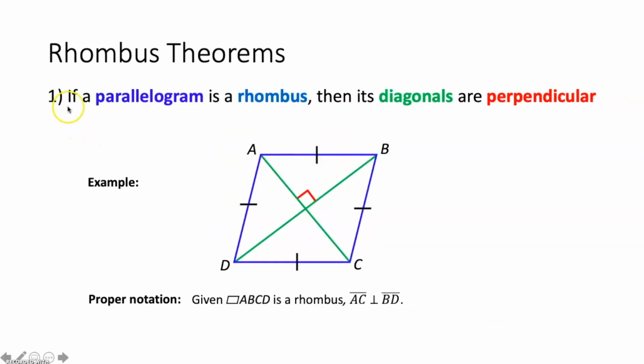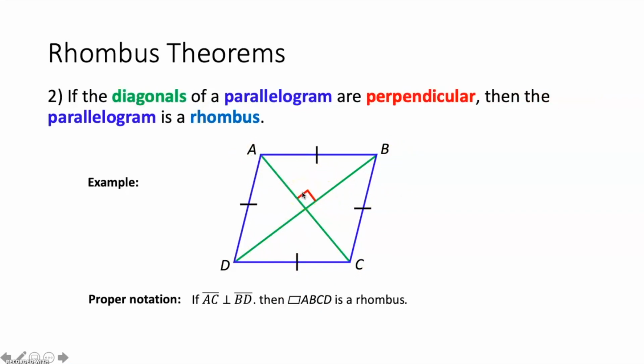Now, the first rhombus theorem we're going to talk about today says if a parallelogram is a rhombus, then its diagonals are perpendicular. So we have a parallelogram down here, ABCD, and we also know it's a rhombus. Because of that, we know that the diagonals, segment AC or CA, and segment DB or BD, must be perpendicular